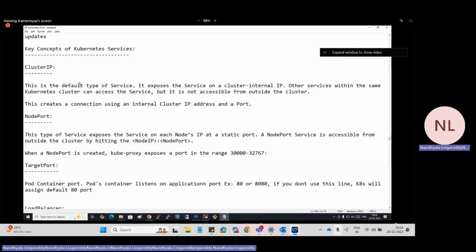If you have the internal IP, that will work within the cluster. That is cluster IP. If you want to expose your application, node port will expose, but you will expose with the port number.